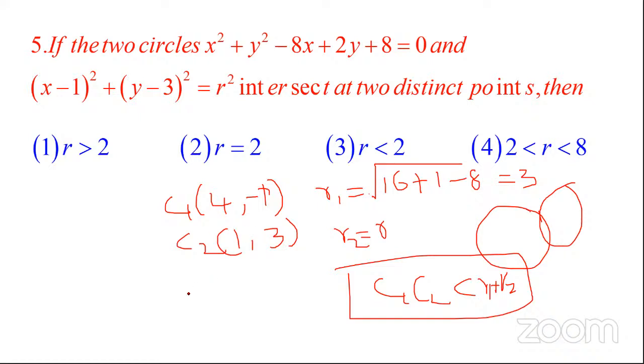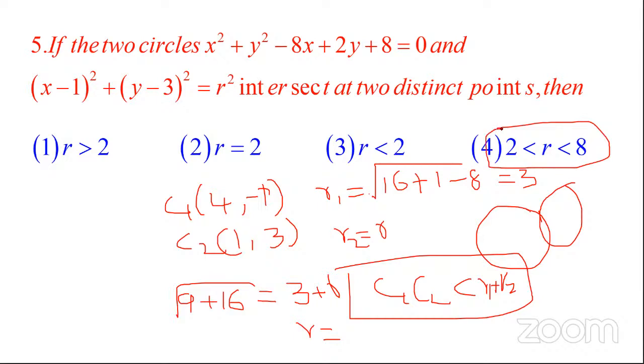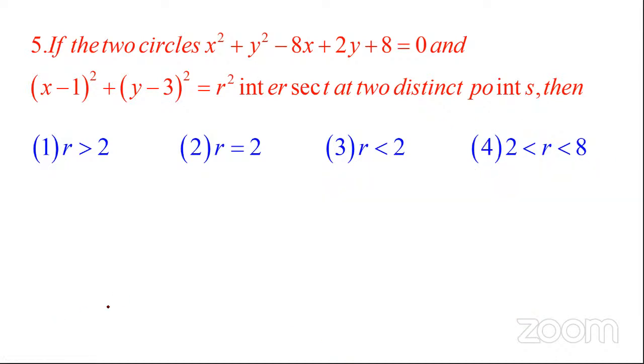C1C2, 4 minus 1, 3 whole square, plus minus 1 minus 3 whole square. So this is 9 plus 16, under root, I'm taking now equal to 3 plus R. So squaring on both sides, then you will get R value. So this is 25, this value is 9 plus 6R plus R square. Then you will get a quadratic equation. Then solve that, and you will get R value as 2 is less than R is less than 8. So solve this. Next,